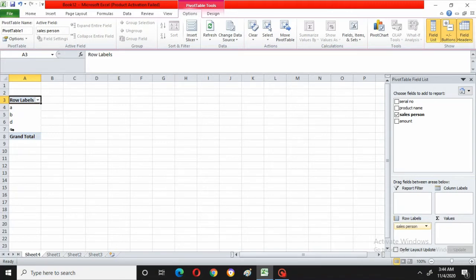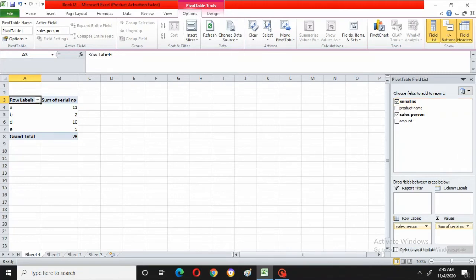That means now it will show each person how many sales he did. Now I will say product, or else I will say serial number. Automatically serial number also it will give. Where it will keep, you see, or else you can drag it and keep it in the place you want. Now I will click on this, and automatically it will go and sit in one of the places.